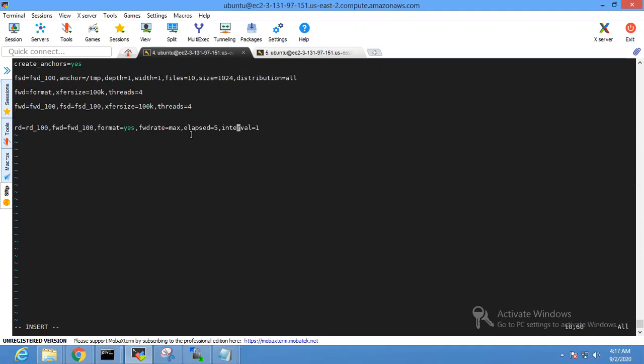So for workload definition, we have to define what is the workload definition name, what is the storage device that you're going to use, what is the transfer size, that is a block here, and how many threads we want for a particular process. Same goes for run definition. That run definition name is rd underscore 10, and then what workload definition it will be using.